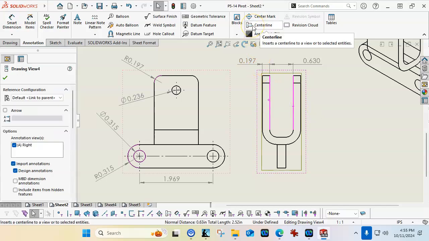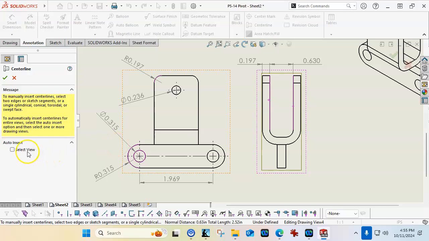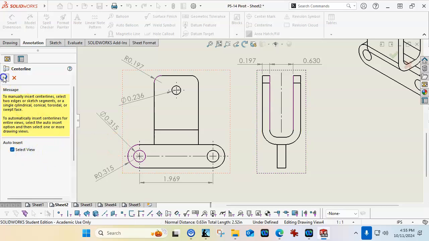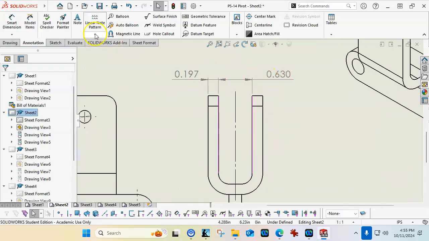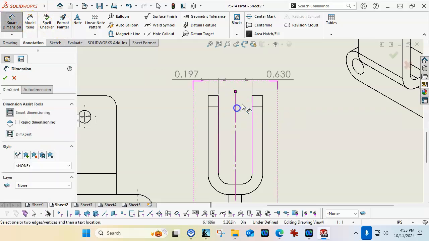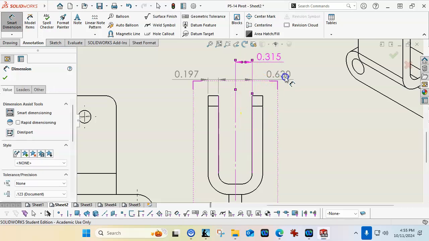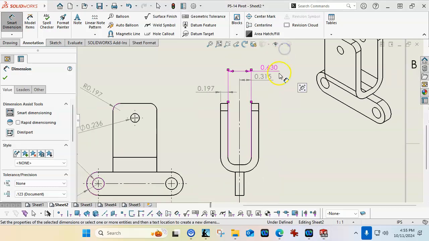line these up. So if I select the two edges and go to a center line, well, let's just go to the view. Sometimes it'll take the two edges, and then we'll stretch the center line out a little bit. And depending on what we decide for manufacturing on this piece,